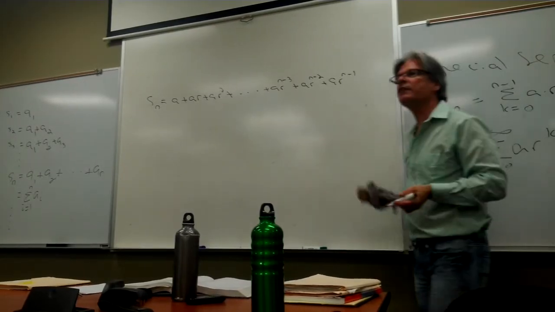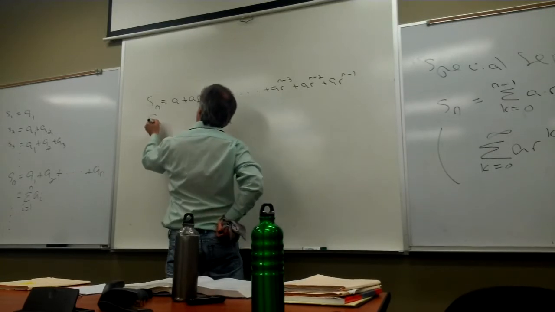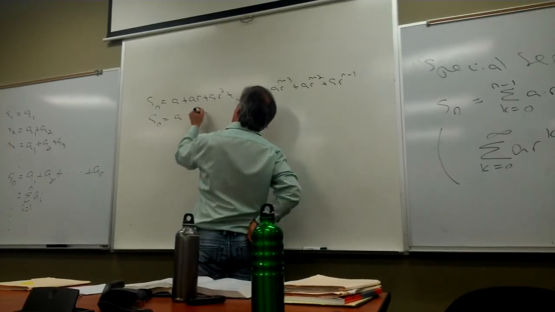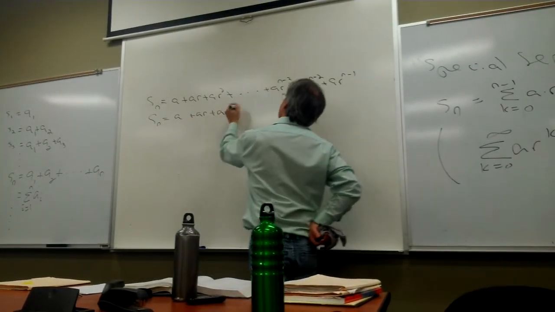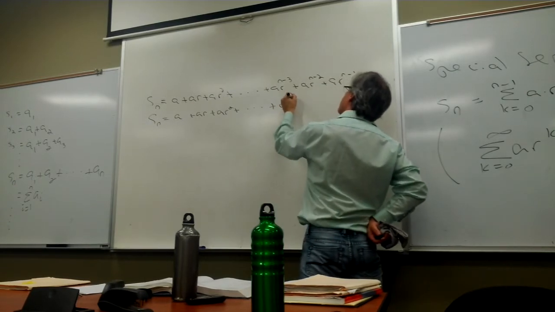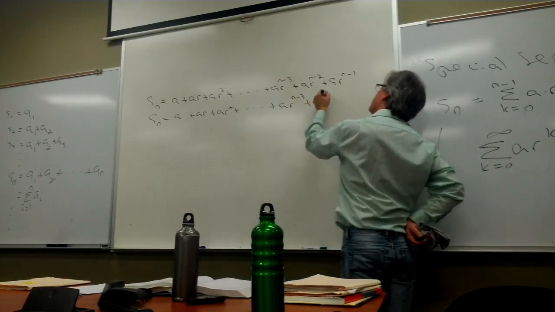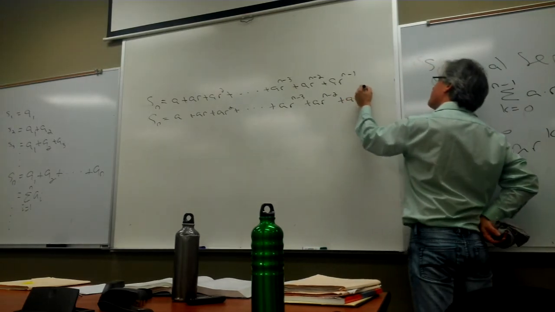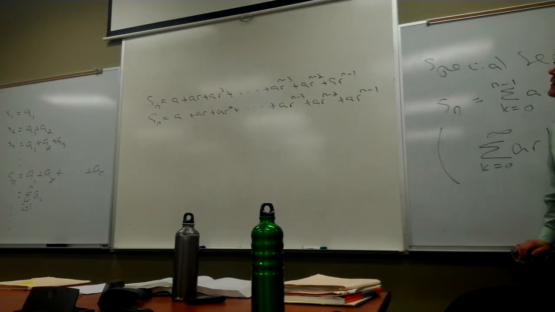Can I do that again? S of n equals A plus AR plus AR squared plus all the way down to this. That looks a little boring. Can I change it a little bit? Let's take